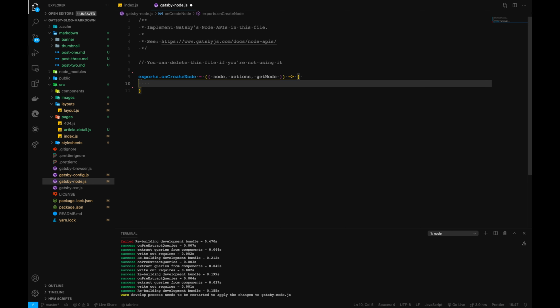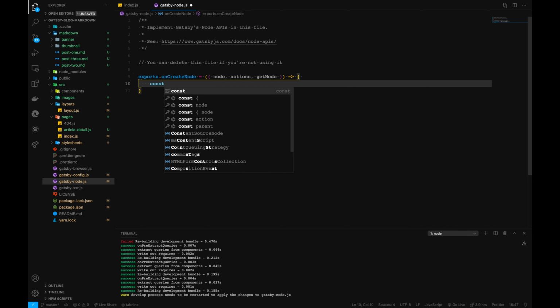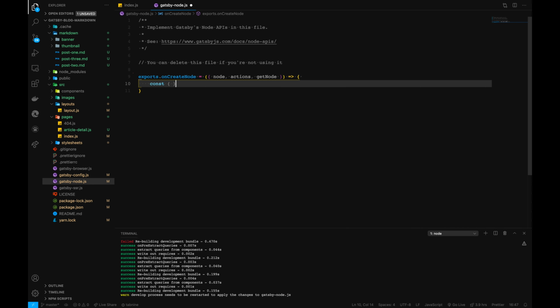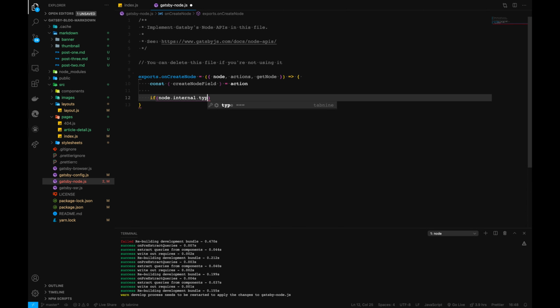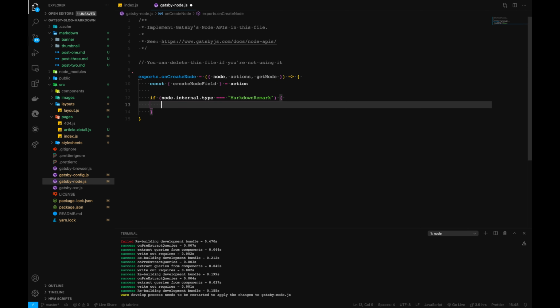Inside here we can destructure the actions, with createNodeField, and then we can write some condition. If node.internal.type is equal to MarkdownRemark, then what we want to do here is